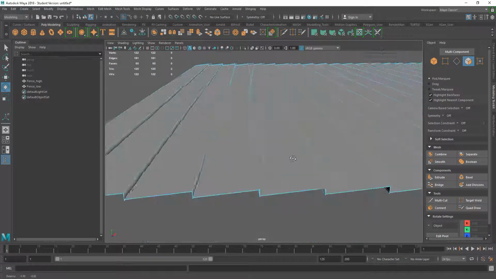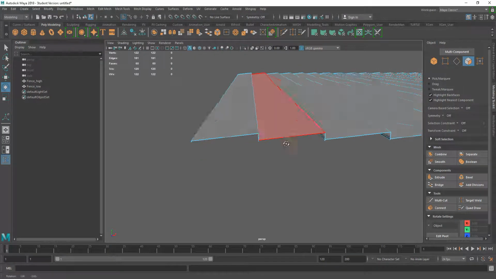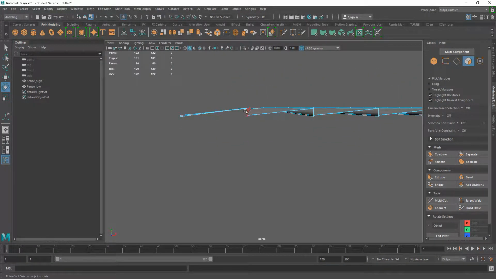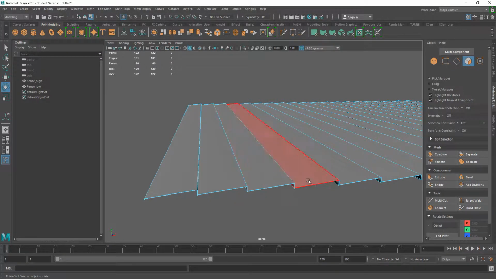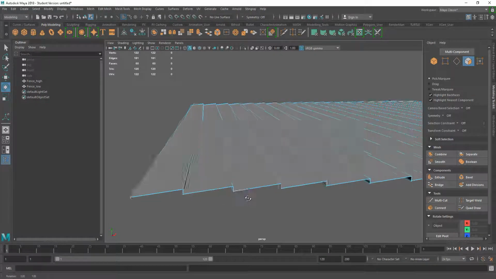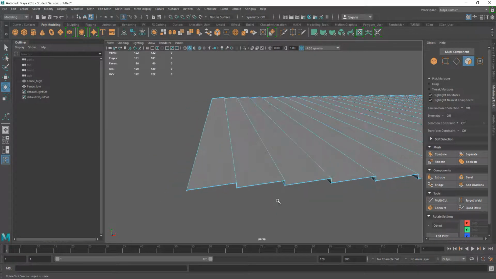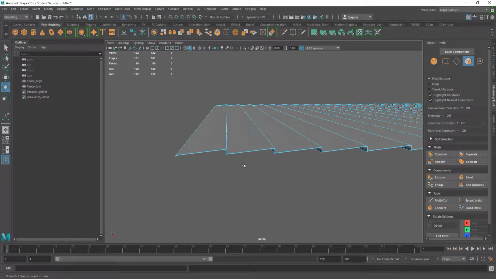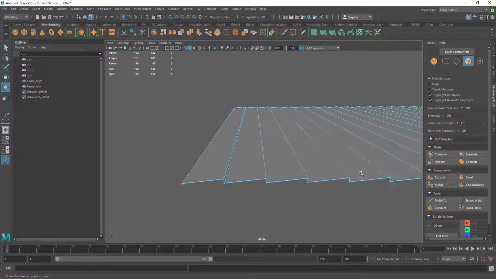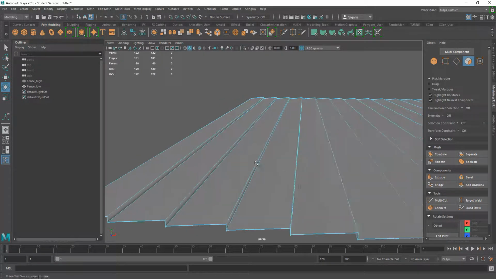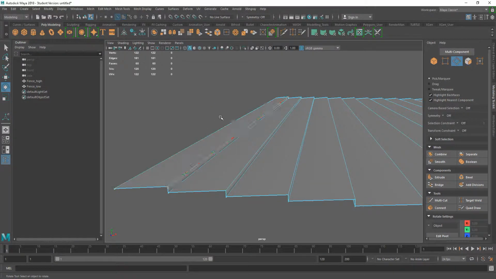Now, one of the things to actually create normal maps: they don't read 90-degree angles really well. So where we have this here, it won't really see this. What it does is it points an arrow out from the original normals, so out from the original poly face, upwards and outwards, and also down as well into the mesh. And if we have a 90-degree angle on that, it won't really see it. So we need to put a bit more of a face on this so that the normal projection can actually view these faces. So to do that, I'm going to grab all of these edges